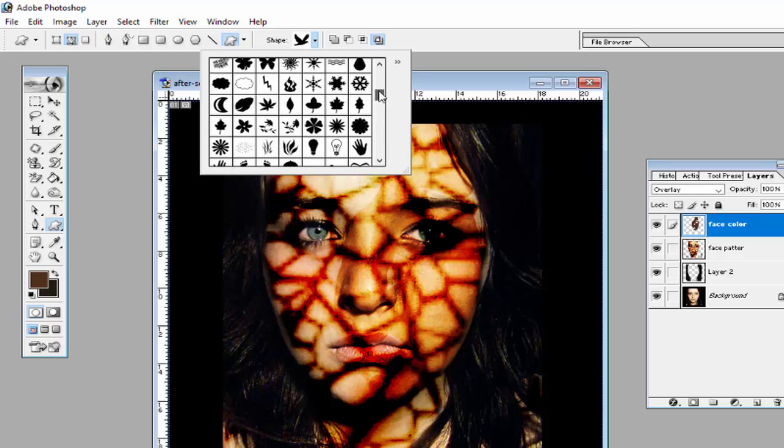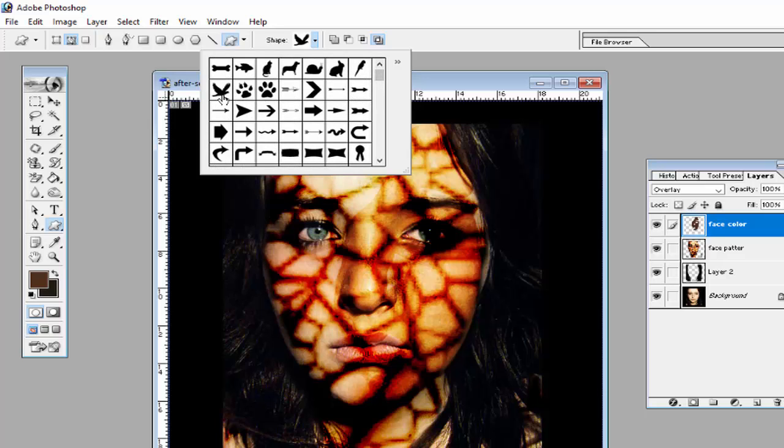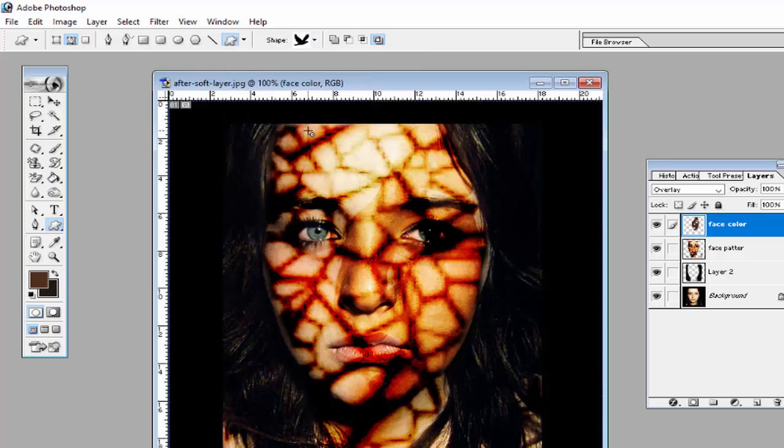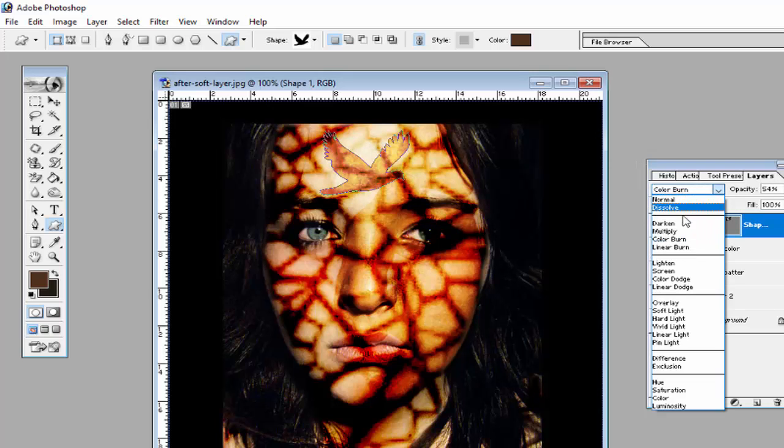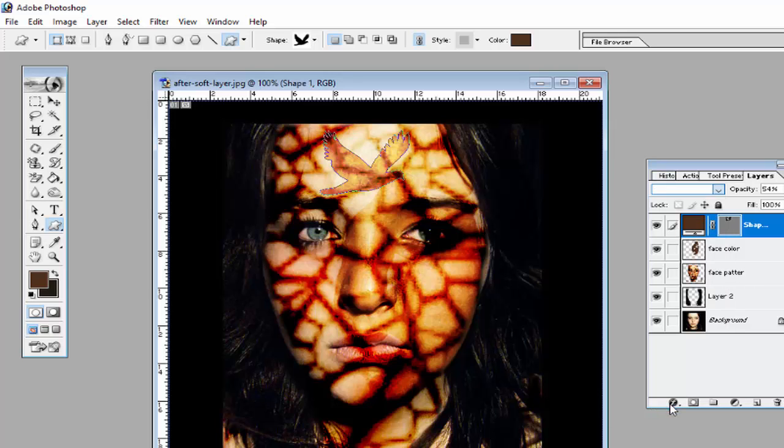Select from here this custom shape and then draw this shape here. But before drawing this, we have to create a separate layer. Click on this option to create a shape layer and then draw the shape like this, and you can fill the color from here. You can change the mode from here using this option.